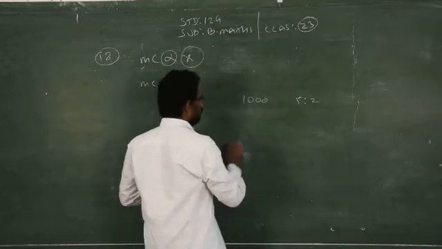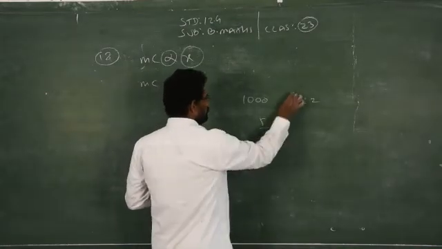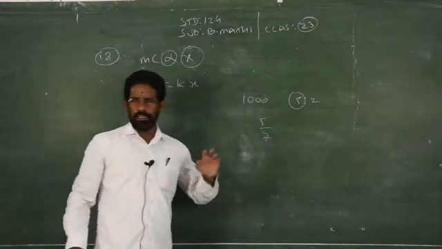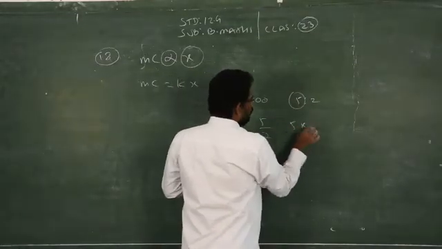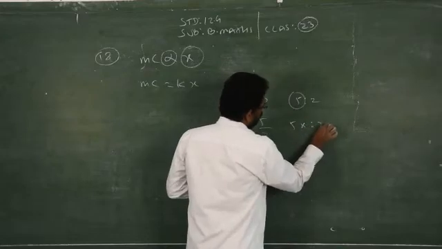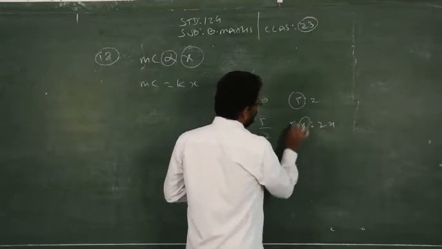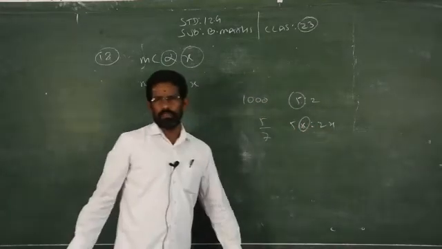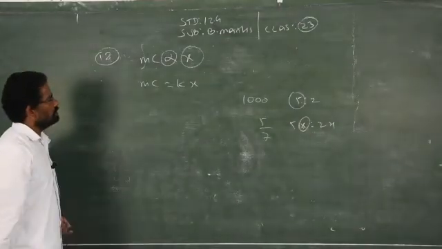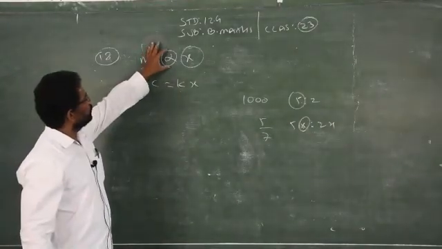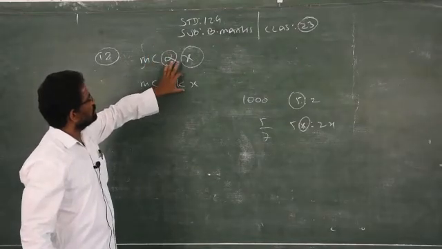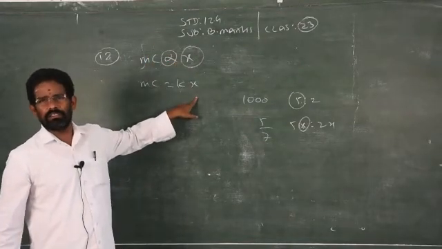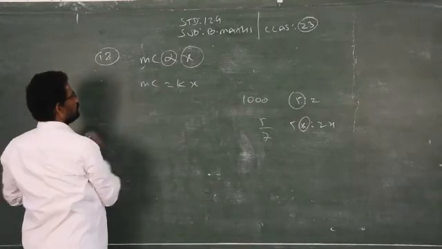So normally we thought of 5 by 7, that is the first ratio by total. But that is not the actual method. I don't know what the whole part is. So you normally take 5x and 2x. So you are multiplying the ratio with x, some variable or constant. Likewise, when you replace the proportionality symbol, you must use some constant into the variable x. Clear? So now MC is equal to kx.